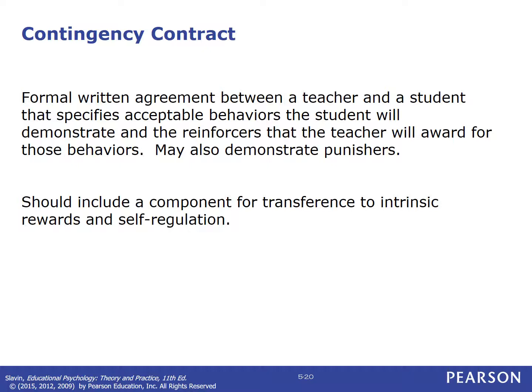However, in the case of a very difficult misbehavior, students getting out of their seat, ADHD, emotional disorder, you can call into play a contingency contract. This is a formal written agreement between a teacher and a student that specifies acceptable behaviors the student will demonstrate and the reinforcers that the teacher will award for these behaviors. It may also include punishers, by the way. It needs to be very clearly written out. It needs to specify the terms